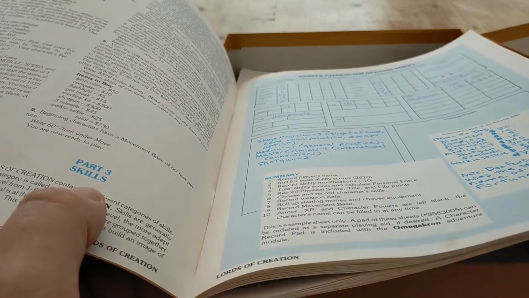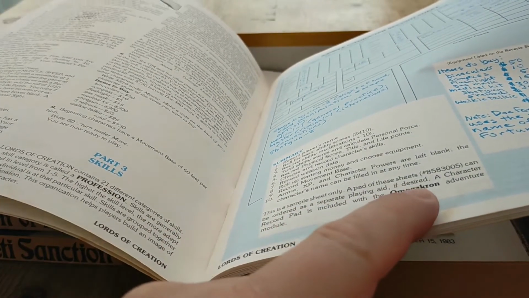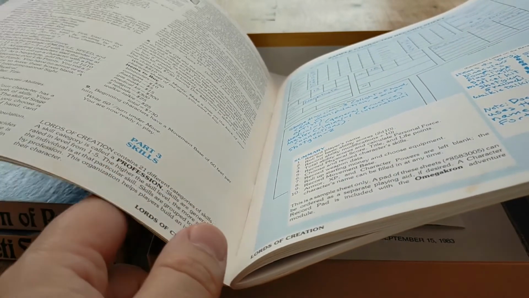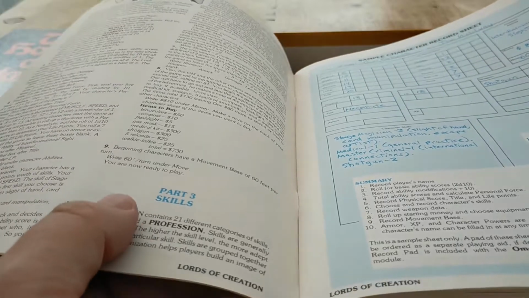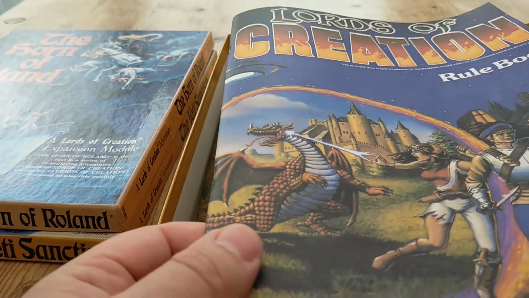Yeah, not ideal. Now, there were 3 adventures for this: the Horn of Roland, the Yeti Sanction, and then the Omegacron, which did include character sheets. Interestingly, a sort of referee's screen was included in the Yeti Sanction. So, yeah, it's a bit of a weird way they went about doing this, and it's one of the problems I think Avalon Hill had with their RPG products, that they were big on the wargaming, and they